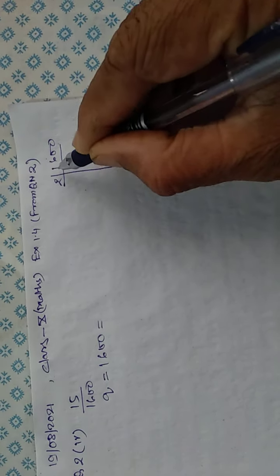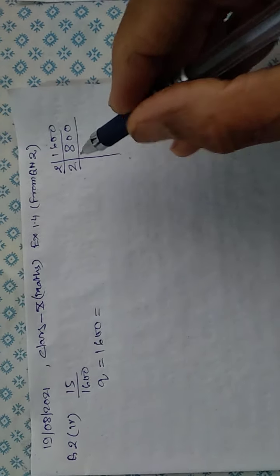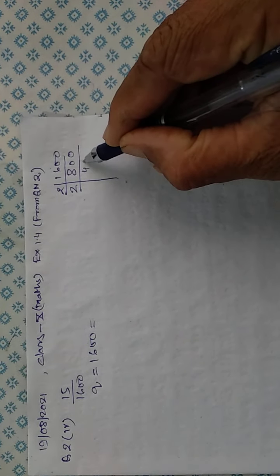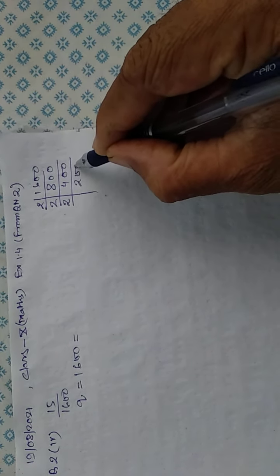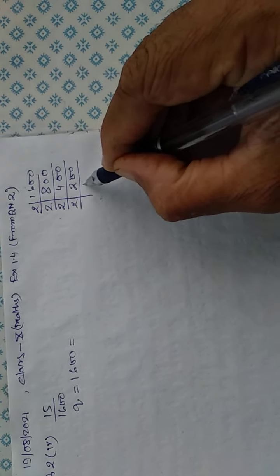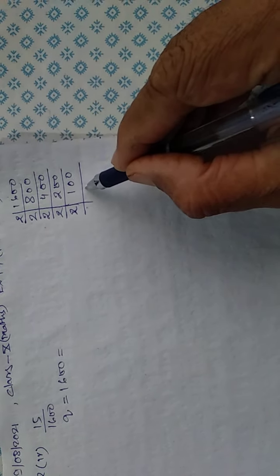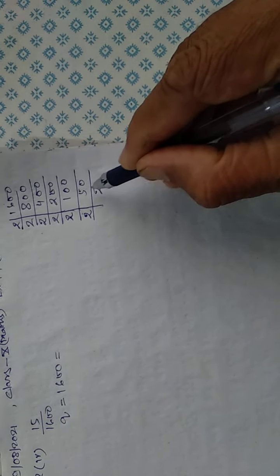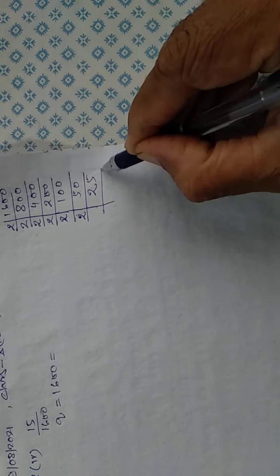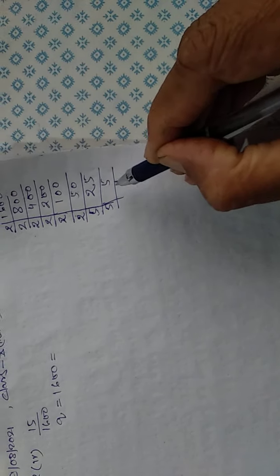divide it by 2, 2 8s are 16, 200. Now divide it by 2, 2 4s are 8, 200. Again divide it by 2, 2 2s are 4, 200. Divide it by 2 again, 2 1s are 2, 200. Divide it by 2 again, 2 5s are 10, 200. Now divide it by 2, 2 2s are 4, 1 10, 2 5s are 10. Further divide it by 5, 5 5s are 25, and last divide it by 5, 5 1s are 5.